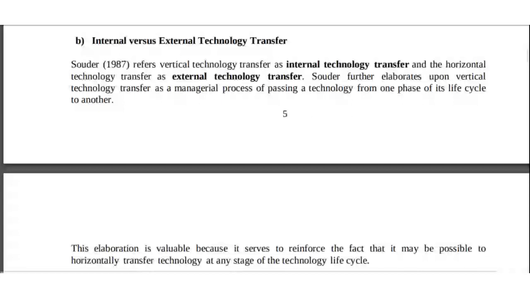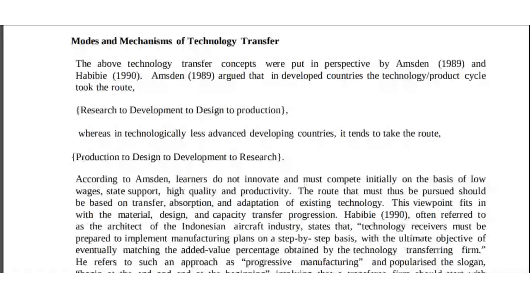It's by studying the technology that is already in a developed, manufactured product. So from there they can do the design, try to design like the one which they have, try to develop it, and finally that's where they start doing the research, probably to see how it can work in their context, and maybe also to start learning or developing more ideas on how this particular technology can help them in their context. So, that is how Amsden looks at